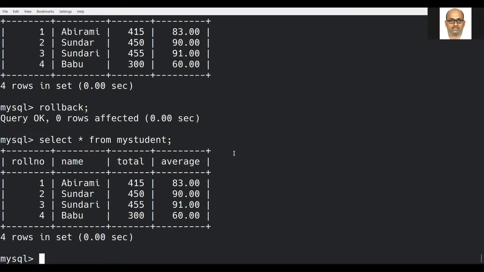Whereas there, I could retrieve that particular record using rollback. Actually, rollback is meant for bringing back the record into our memory. That is, when a transaction is not successful, that particular transaction will be undone.